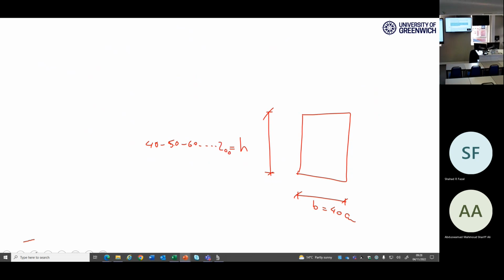And to be honest, you can change this part if you wish. You can go from 30 to 300. You can go from 40 to 500, whatever you want. I want to cover a wide range for H, okay? Have different values. Otherwise, the numbers are not very strict. But you should cover a range for that. So I've written there, you're allowed to consider other values for B or H, but you need to cover a reasonable range for the H over B variable.